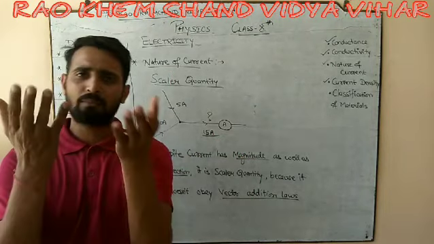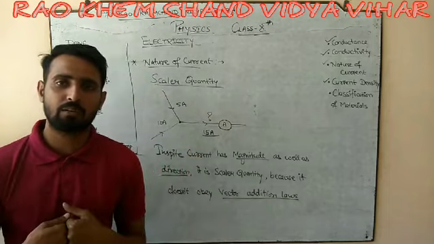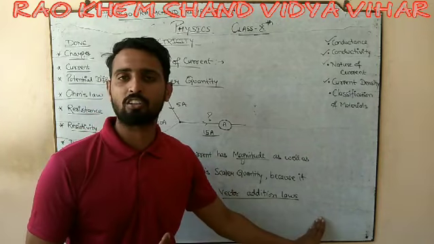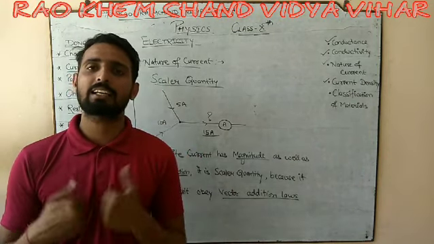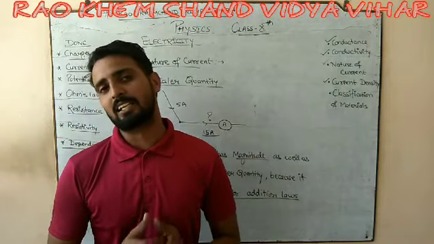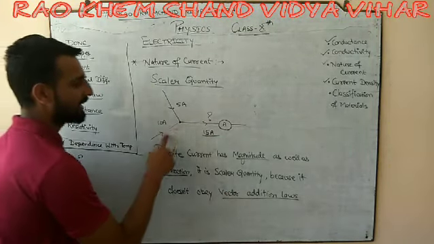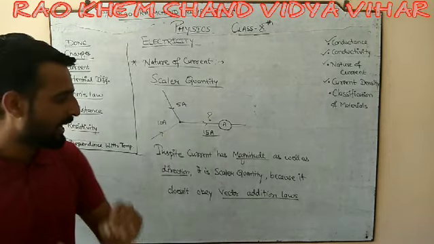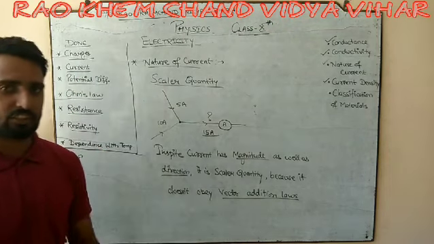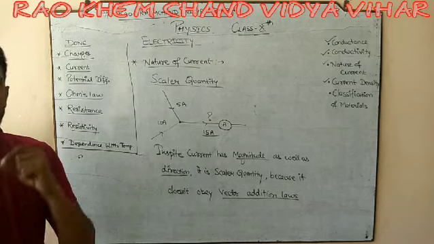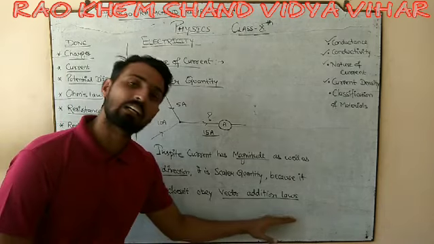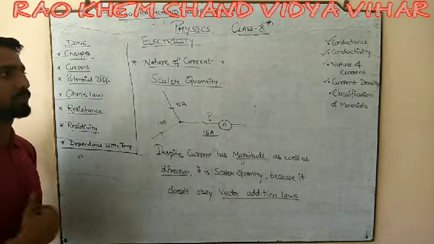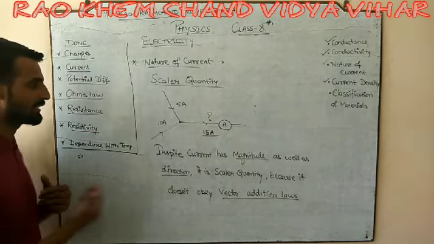So vector will say that you may look like me, you may appear to be in my category, but if you are not obeying my laws, if you are not working according to my laws and concepts, I will not consider you in my category. Go to the category whose laws you are obeying, and it is obeying the algebraic sum, and that algebraic sum concept is of scalar quantity. That's why, in spite of having magnitude as well as direction, current is always considered a scalar quantity because it does not obey vector addition. Small point, key point, but one of the most important concepts, which twists us a little. So please everyone note it down quickly.